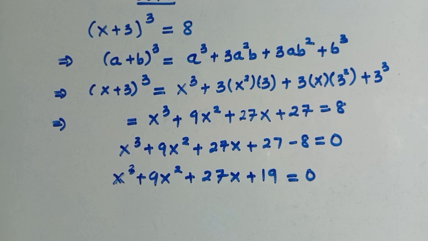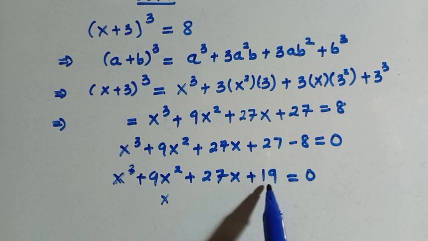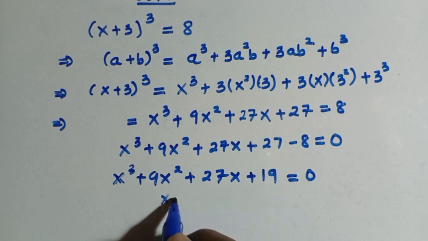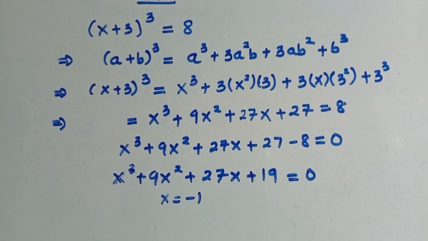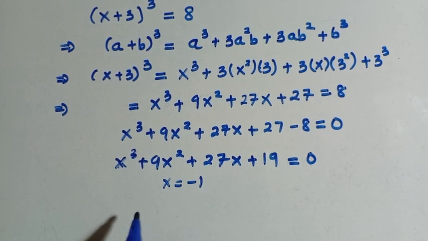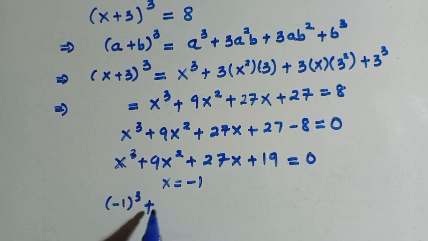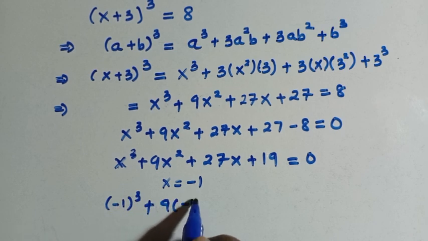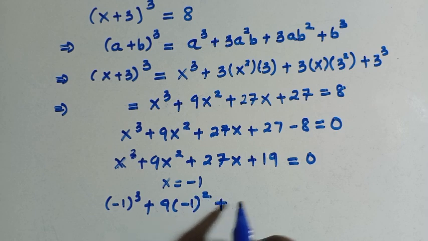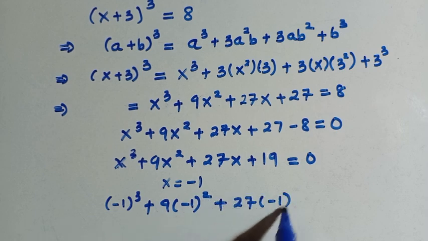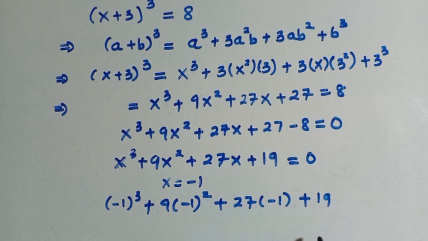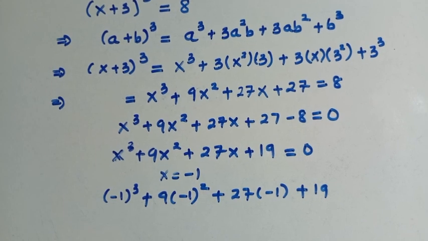But looking at this, let's try to test for the factors of this 19, and they are plus 1 and minus 1, and we also have plus 19 and minus 19. So let's say at x equals minus 1. So when we substitute minus 1 here, we have (-1)^3 + 9(-1)^2 + 27(-1) + 19. So we want to check if this equals